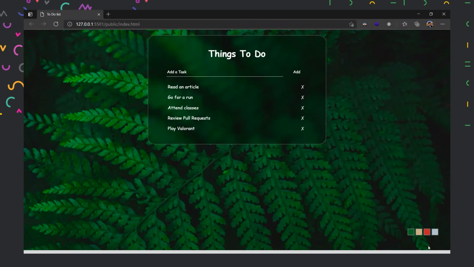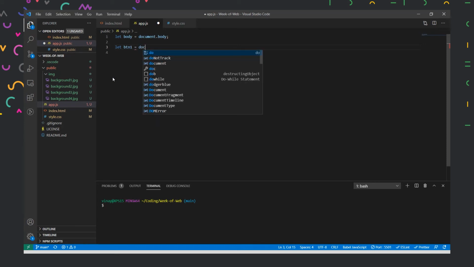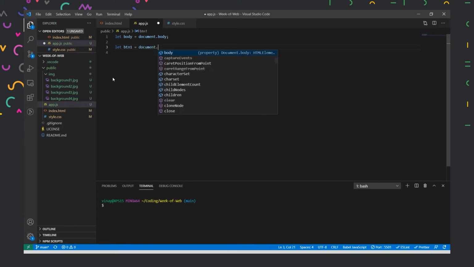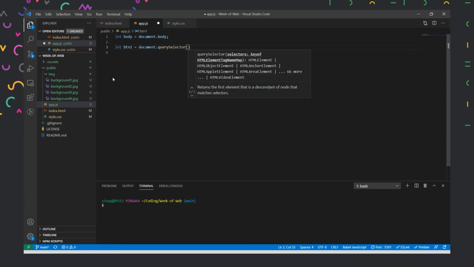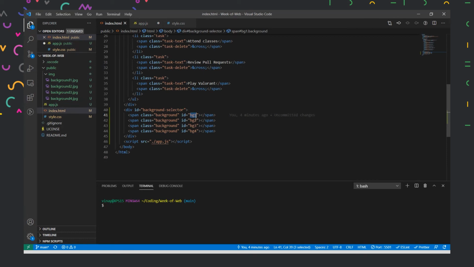So we'll add event listeners to it. So let us select all these span elements as well now. Again, I'll write it for one element and then I'll copy it so that it's faster for us. Let us type button1 equal to document.querySelector, and this I'll select by their IDs, which we created here as bg1.